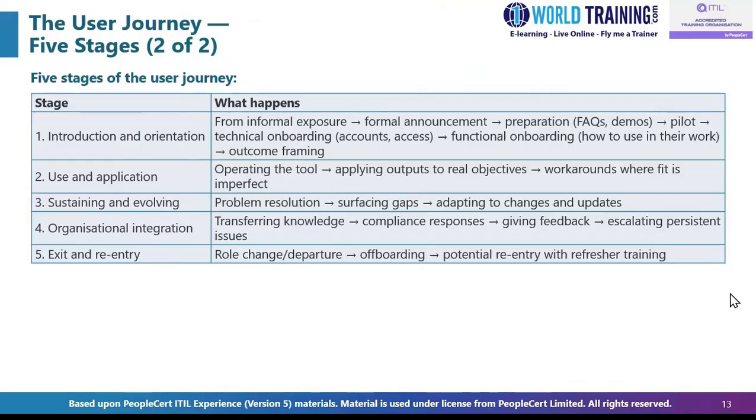Here's why Elena's single rental compresses the entire 5 stage user journey. The missing pickup bay is an introduction and orientation failure. The system did not prepare her for arrival. The scripted PDF response is a sustaining and evolving failure. The help mechanism does not actually solve her specific problem. And the unannounced security hold is an organizational integration failure, a policy that should have been communicated during onboarding but